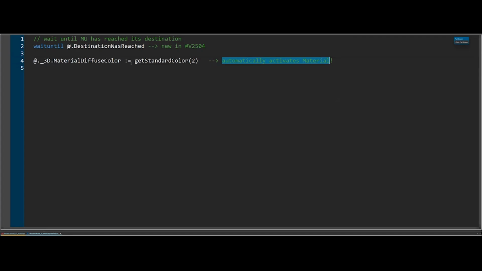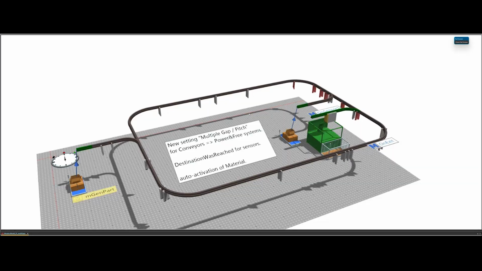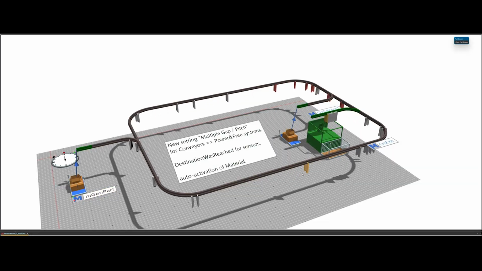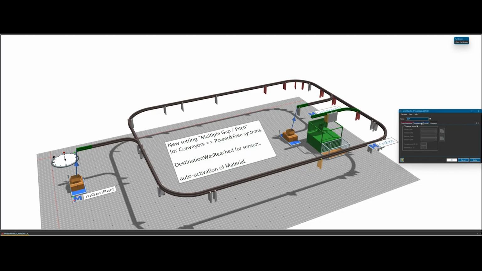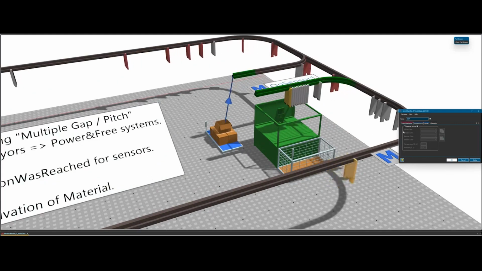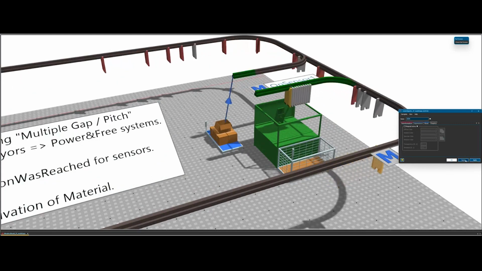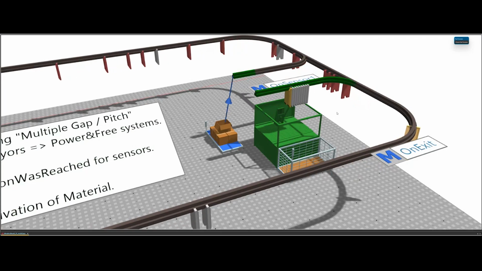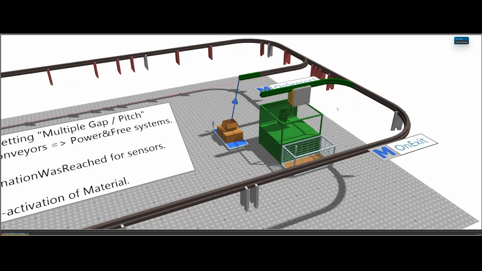You can simply or directly say material diffuse color is green or red or whatever. And if the material was not active before, like in this case with all my MUs representing some pouches or garments on hangers, so the material is not active, but at this target sensor, when I switch the color, the material gets activated automatically.